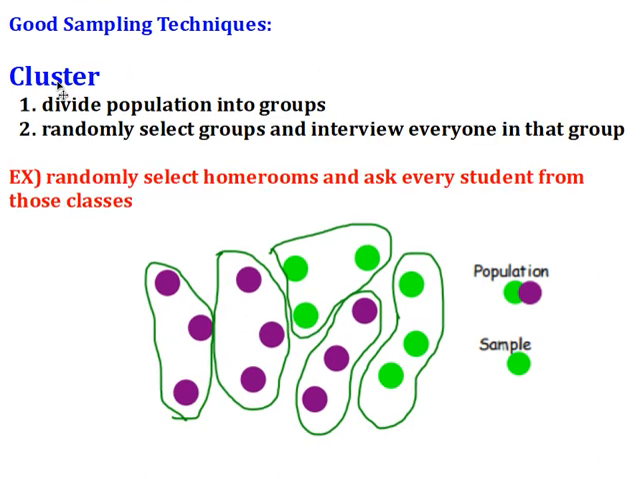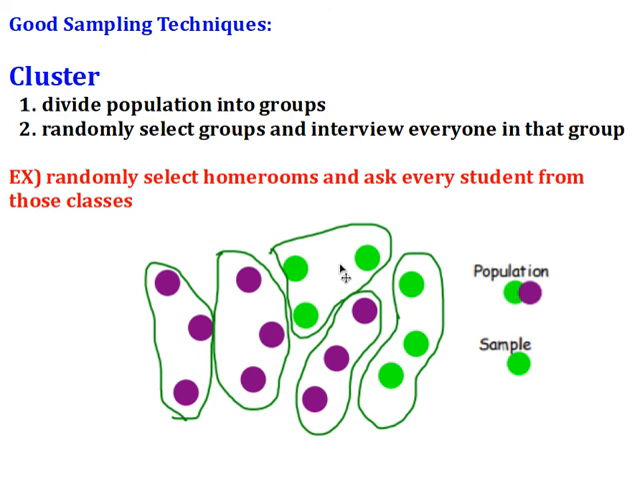Cluster is very similar. We're still going to divide our population into groups, still have those 5 groups here. But then I'm going to randomly select either 1 or 2 groups, or a few groups, and interview or ask everyone in that group, or all. So I'm going to use all from some of the groups. So maybe we randomly select homerooms off of B Hall, and then we're going to ask every student on B Hall